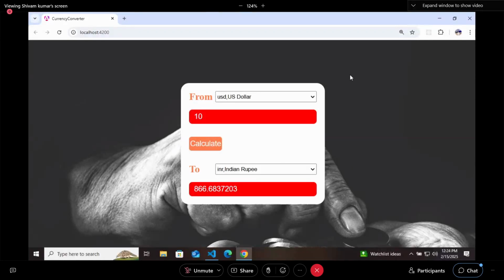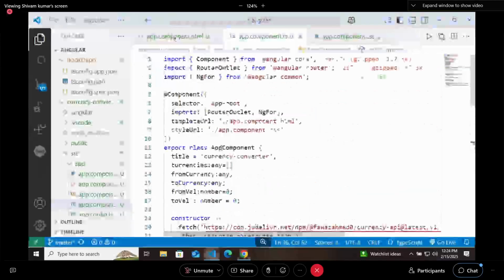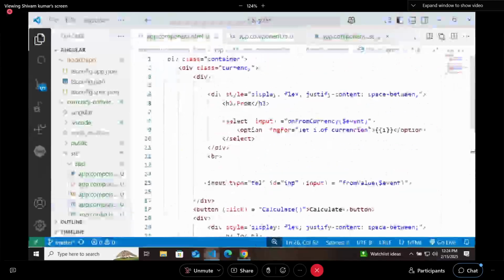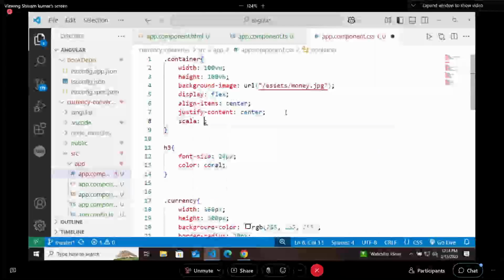And this is the exact size that I need. For that, the main part is the container. To this.container, I will say that it is on a scale of 1.2.